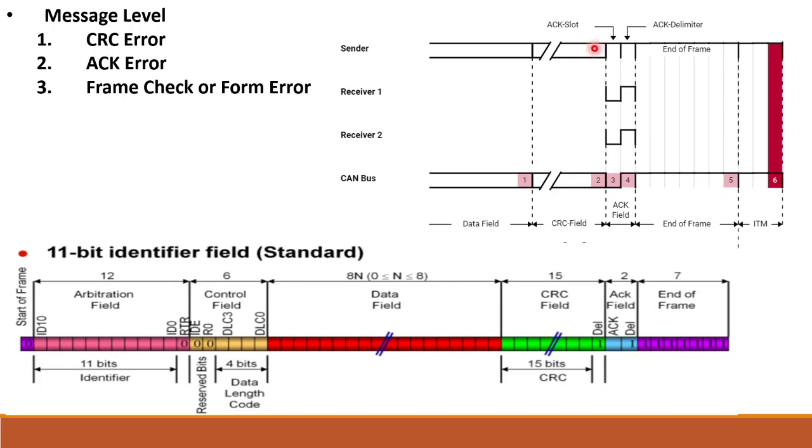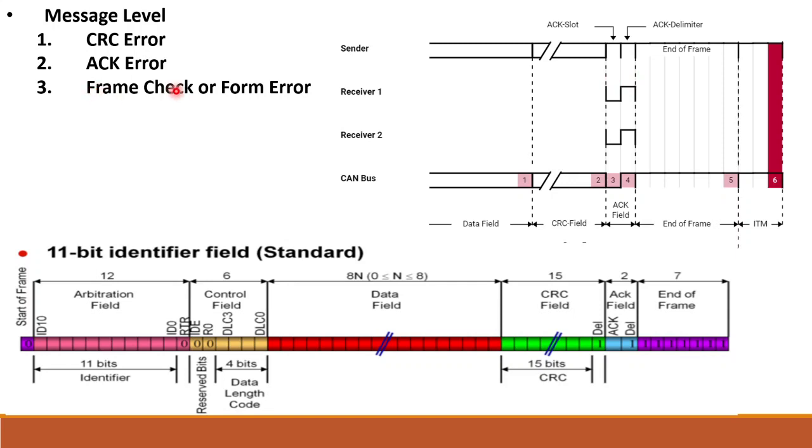Here I should always get the response 0 1, then I get the positive acknowledgement. For example, suppose the receivers are not acknowledging as 0 1, but with 1 1. Both receivers are responding with recessive bits, 1 1. So we will get the acknowledgement error. If we get 0 1, there is no acknowledgement error. If I get 1 1, then I get the acknowledgement error. This way we can detect the acknowledgement error in the CAN protocol.